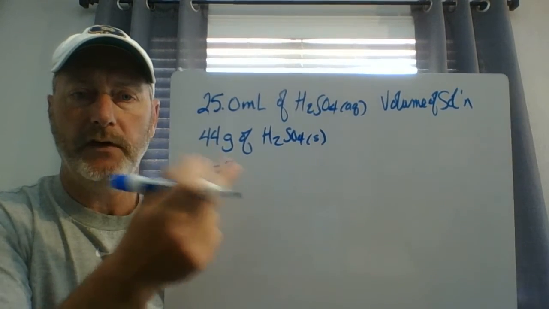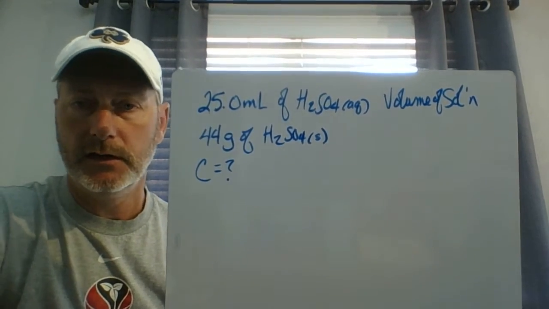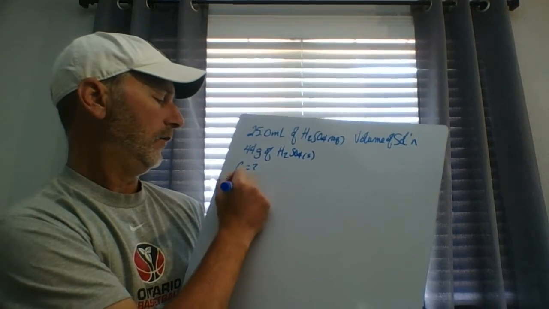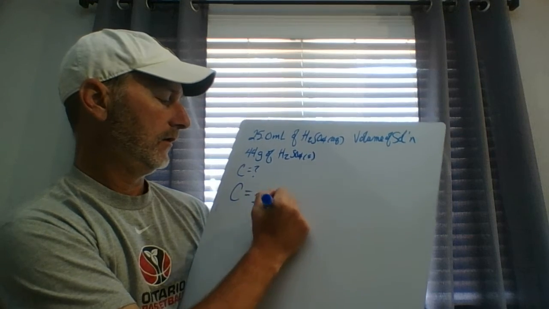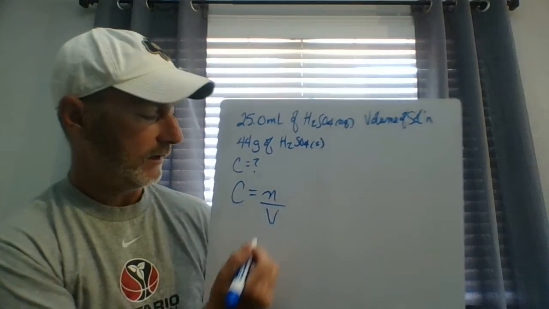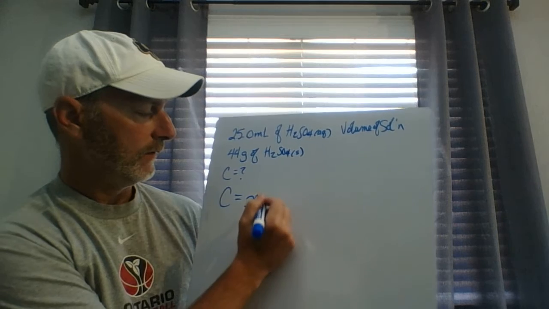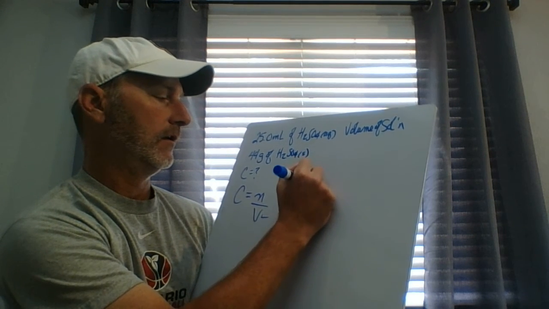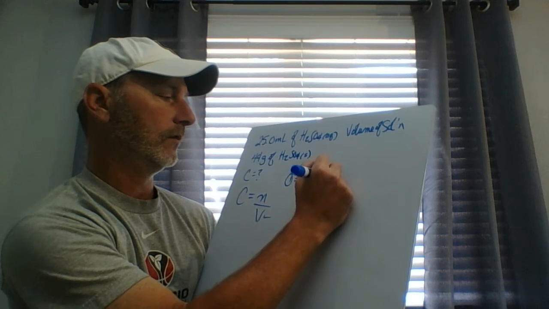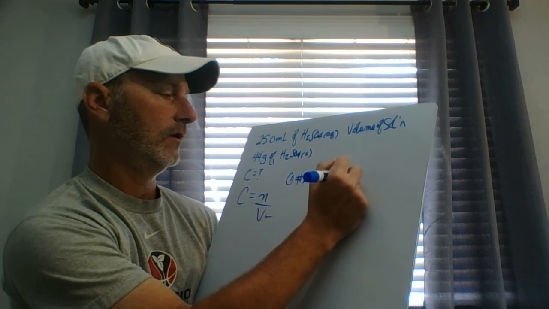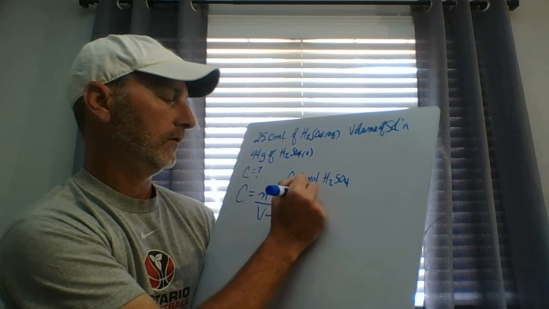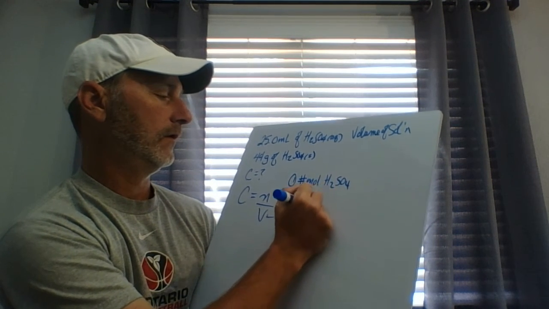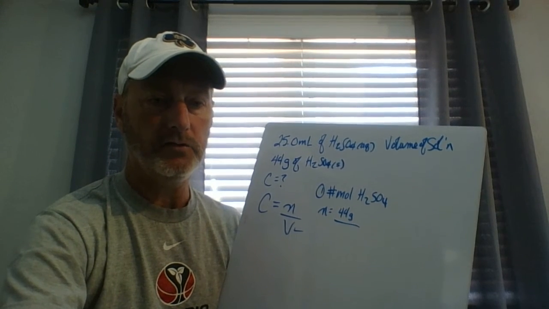44 grams of H2SO4 solid is not what I need yet. Remember, I want C equals n over V. Well, I have this, but I don't have this yet. So the first thing I'm going to do is find the number of moles of H2SO4. So n equals 44 grams divided by, hang on here, I'm just going to cheat for a second and